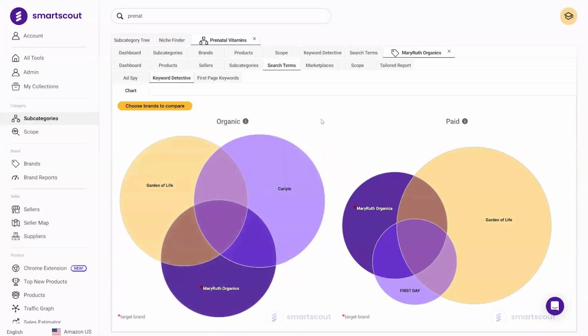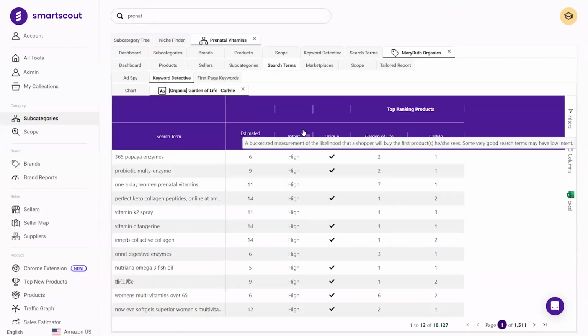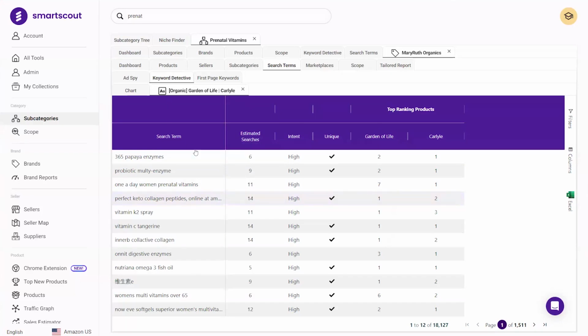So what am I missing? Well, Garden of Life and Carlisle on the organic side have all these keywords that they're showing up for organically. So I could take a closer look at that, and I could see basically the mesh of those keywords. I could see the keywords that are identified as unique. And so that's 18,000 search terms. I could filter these down.